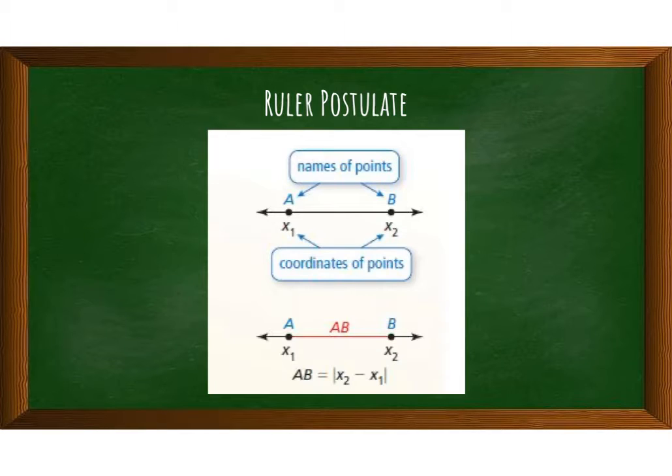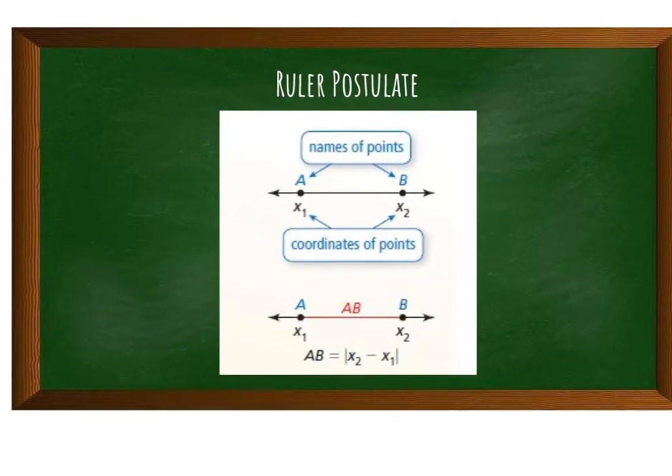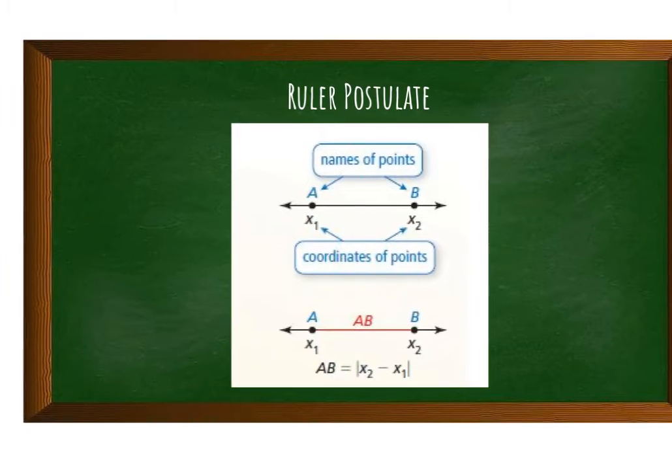All right, so the first thing that we are going to learn in this lesson is the ruler postulate. Now, the ruler postulate is a fancy name for just saying that if we know 2 points, for example, A and B, we're going to give them coordinates x1 and x2. And what we can basically do is we can find the distance between A and B by subtracting x2 by x1, okay? So if we look further down here, we have that AB is equal to the absolute value of x2 minus x1, and that will give us the distance